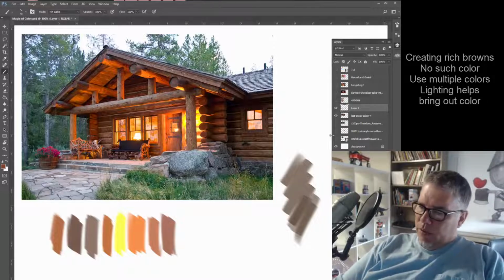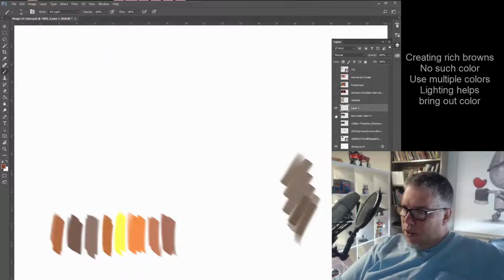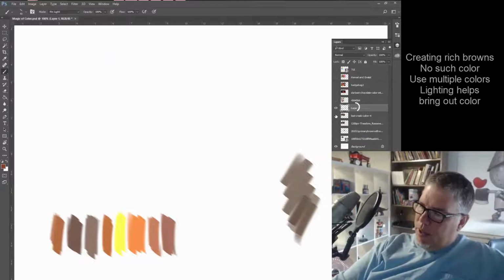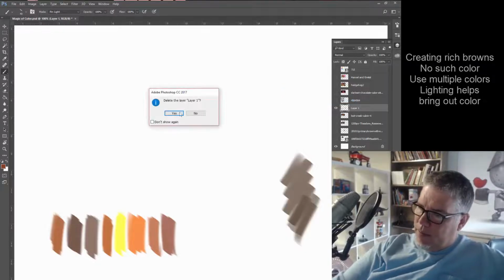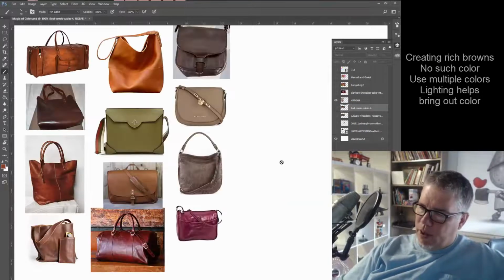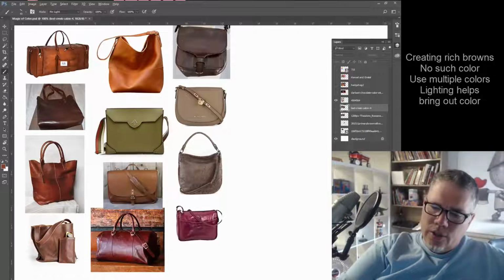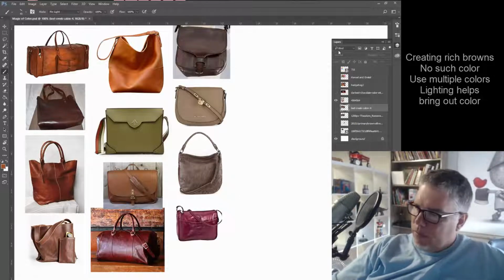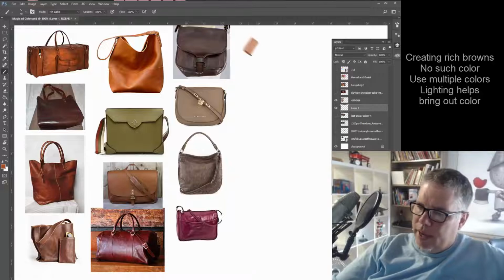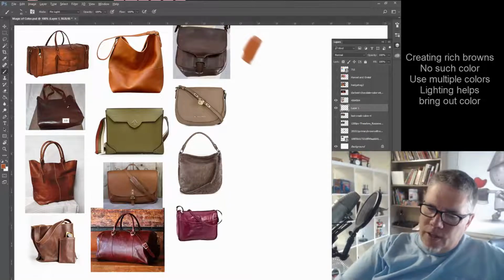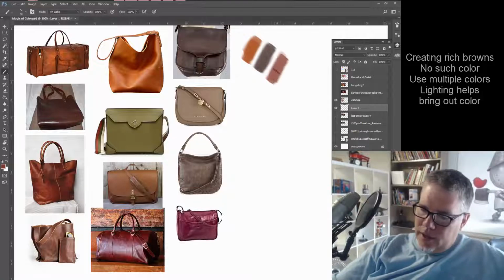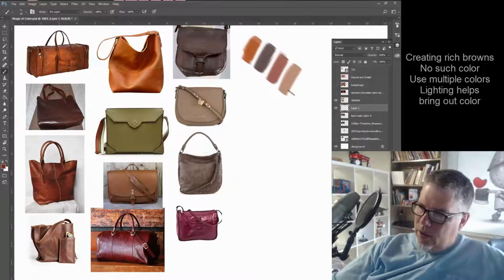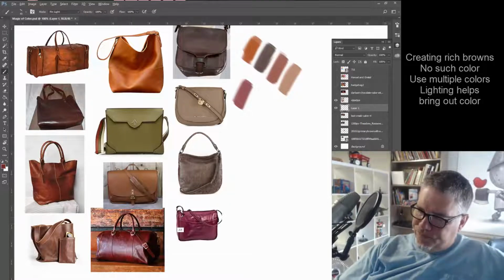But hopefully this will give you kind of an idea. Let's look real quick, and I don't want to beat this to death, but I do think it's important to think about this differently than we've thought about it before. Let's pull out colors from all these handbags, right? Each one of these would be described as brown, right? I think we would probably describe each one of these as a brown bag, and yet